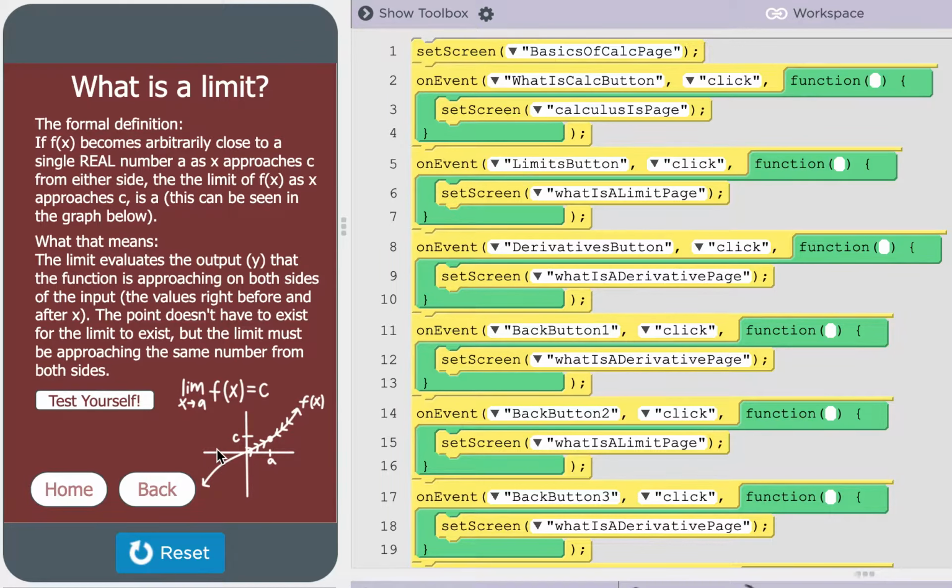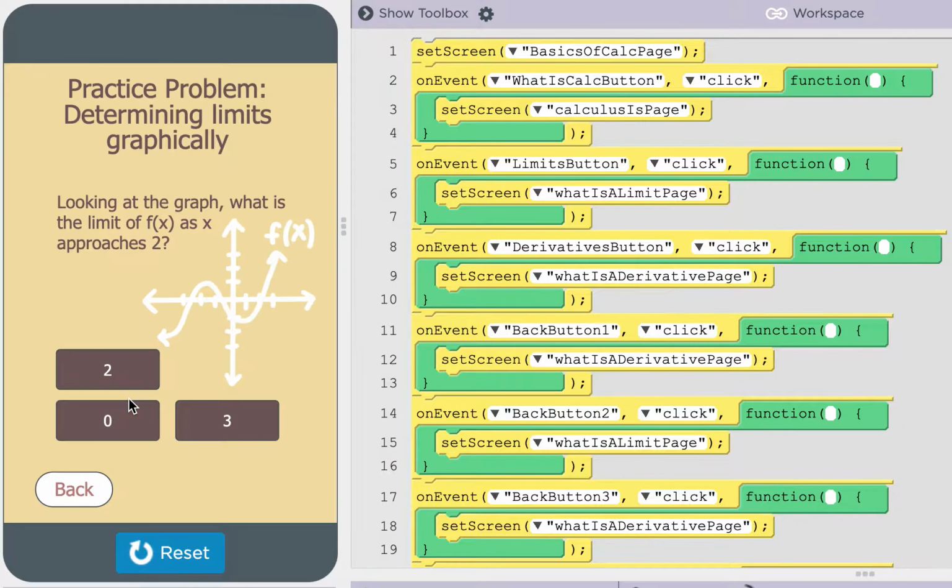An easier way to look at this is that the limit evaluates the output, or y value, that the function is approaching on both sides of the input. So the values right before and right after x. The point doesn't have to exist for the limit to exist, but the limit must be approaching the same number from both sides. There's a little practice problem here